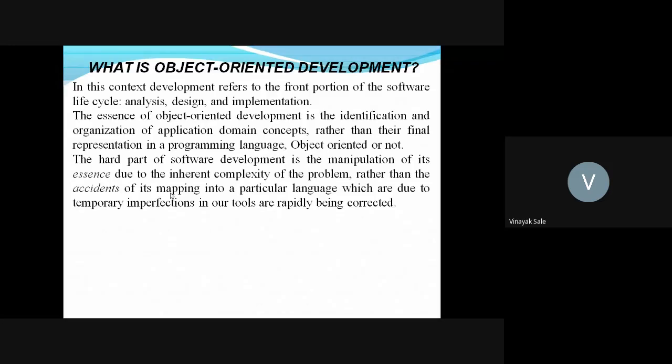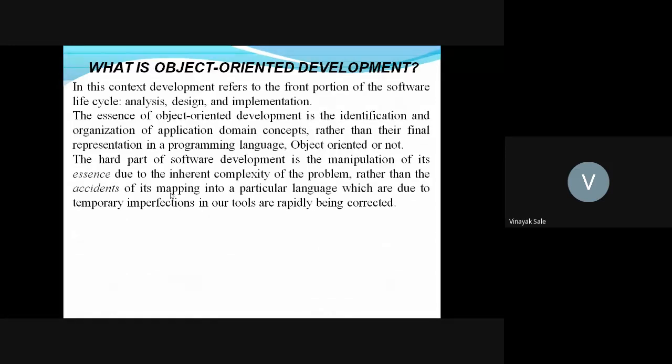The essence of object-oriented development is the identification and organization of application domain concepts rather than their final representation in a programming language, either object-oriented or not. So object-oriented development is the identification and organization of the problem, which is the application domain concept, rather than the final representation in the programming language, which is object-oriented or not.